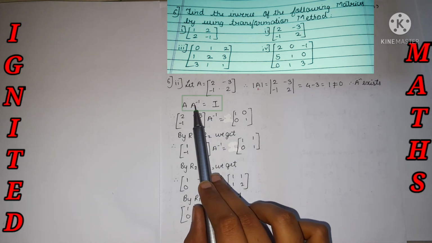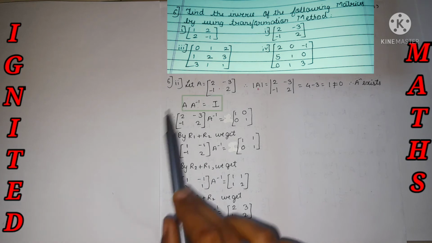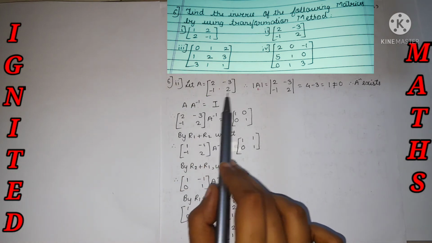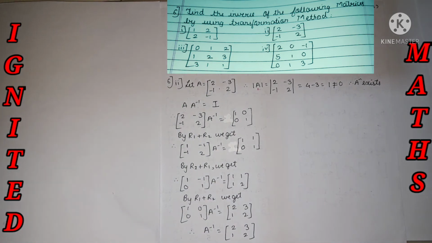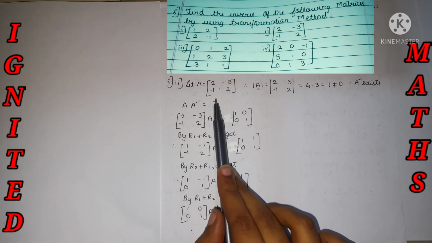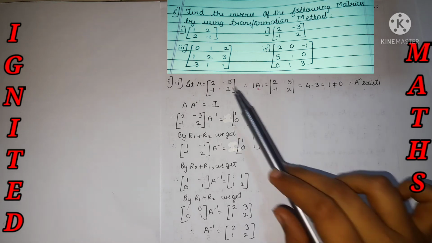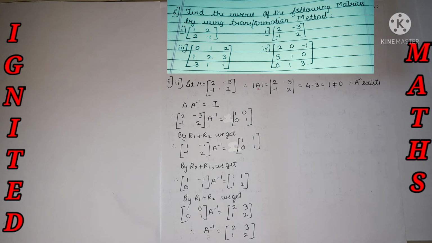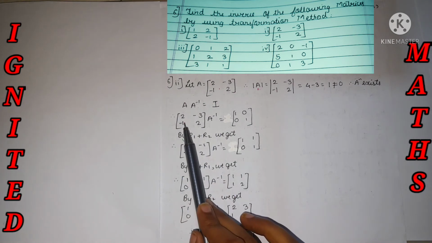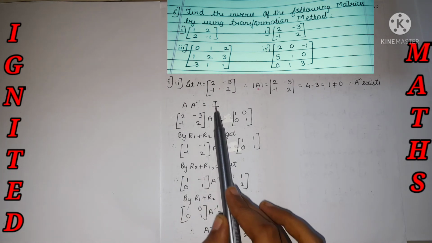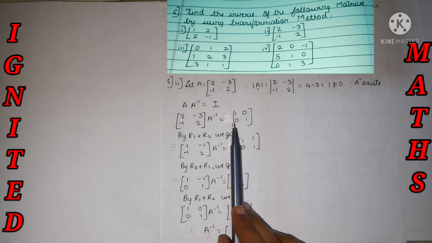And the formula is A inverse is equal to I. Why did I take A? Because I have taken the A matrix over here. If it were B, then B, accordingly changes. I is nothing but an identity matrix. It's nothing but the 1 0 0 1 form, according to a 2 cross 2 matrix, because in the question they have given a 2 cross 2. So we need to write A determinant as A inverse is equal to I, as I have mentioned.